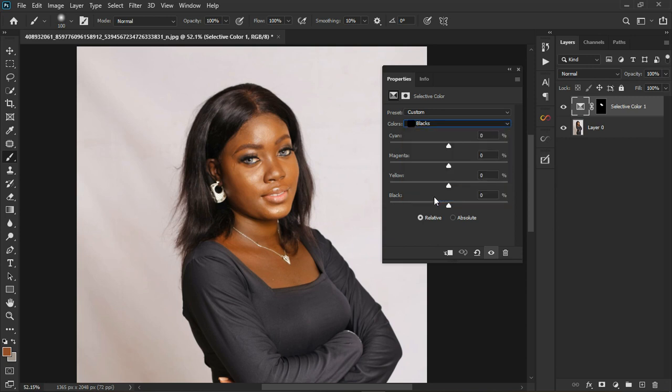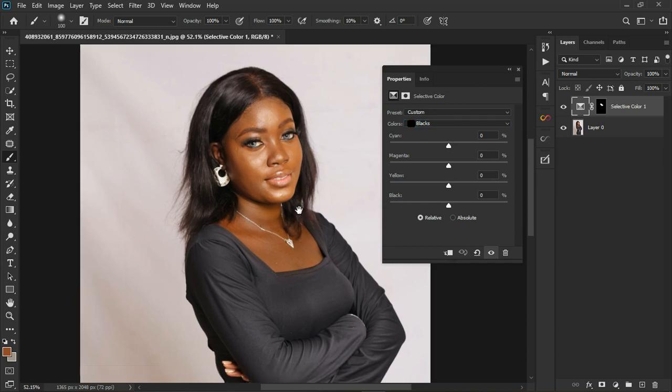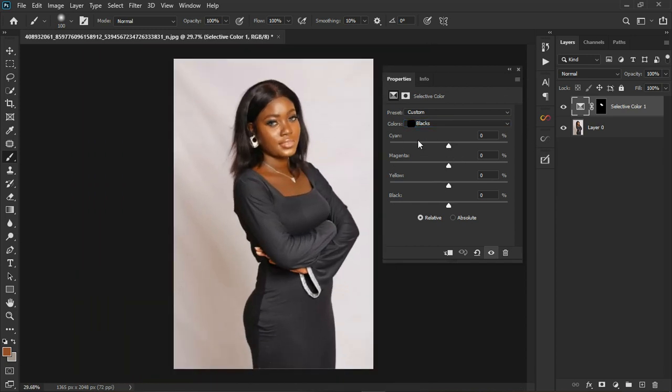Now let's take, for instance, I choose black. Why did I choose black? Because I want to affect the blacks in the image. Now what you need to do is, the colors here, cyan, magenta, yellow, black, once you start changing these sliders, you are adding that color to the black. For example, this is cyan. If I change it like this, I'm adding